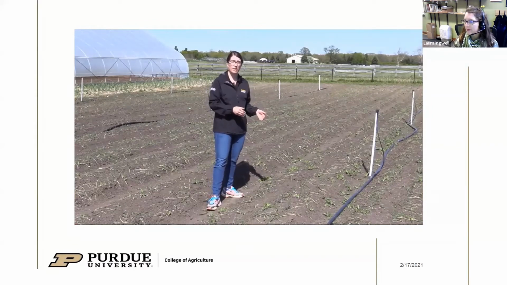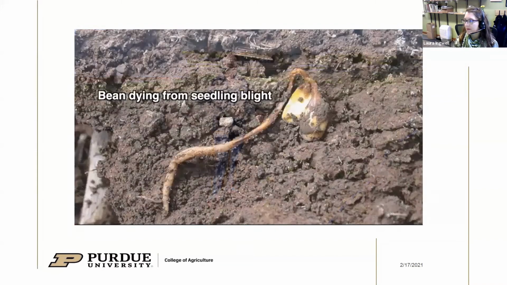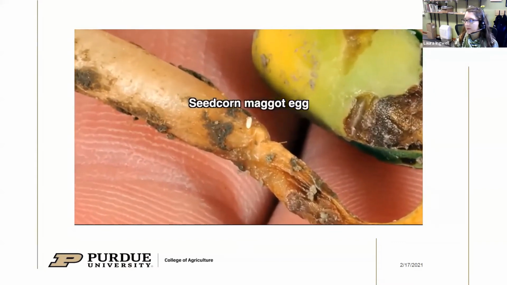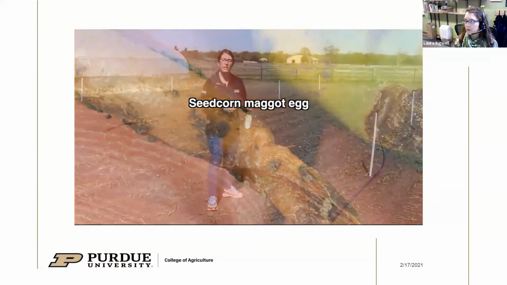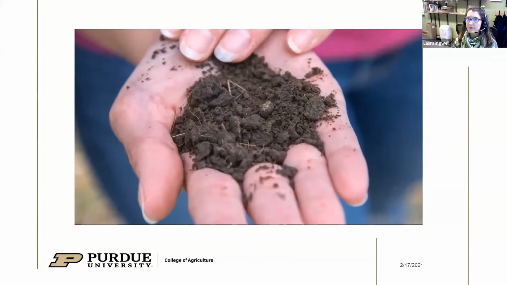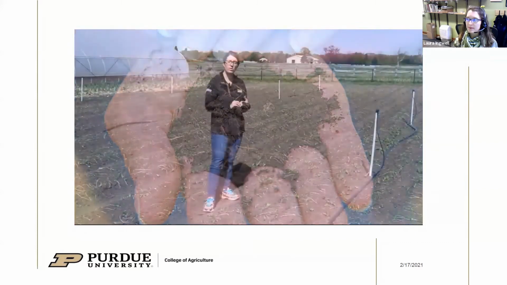Things that are particularly attractive to these flies are high levels of organic matter in the soil. They can cue in on the smells associated with organic decomposition and find those as a suitable place to lay eggs. So some of the factors that are contributing to the infestations that we're seeing in this field include that high organic matter in the soil, which we're aiming for good, healthy crop production, and also the fluctuations in the